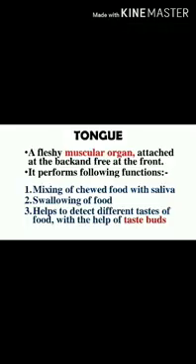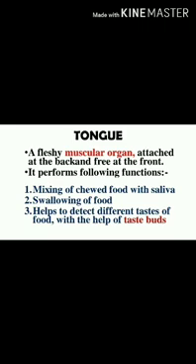The next topic is the tongue. The tongue is a fleshy muscular organ attached at the back and free at the front. It performs the following functions. First, it helps in mixing the chewed food with saliva. What is saliva? Saliva is a watery substance secreted by the salivary glands present in the mouth. It contains 99% water and digestive enzymes, and these enzymes help in breaking down the starch present in food into simpler sugars like glucose. The second function of the tongue is swallowing of food.